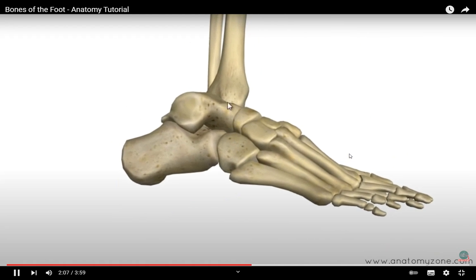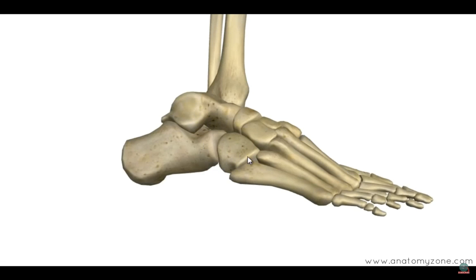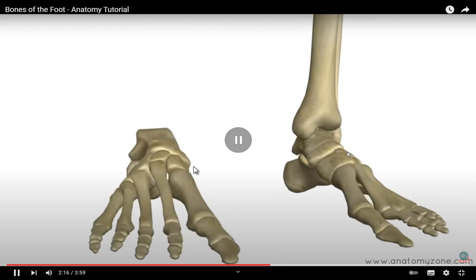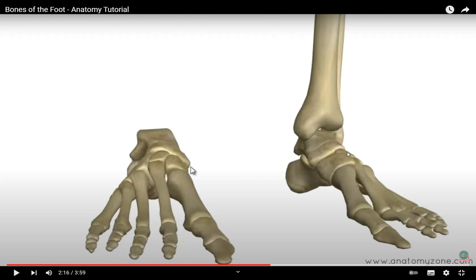So just looking back at the proximal bones, 我们再看一下近端的骨头。You've got the calcaneus, which articulates above with the talus, 根骨与它上方的距骨相连, and anteriorly it articulates with the cuboid bone. 它前部与骰骨相连，cuboid bone。